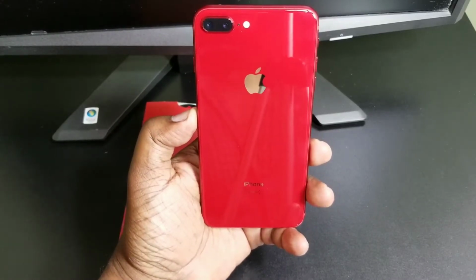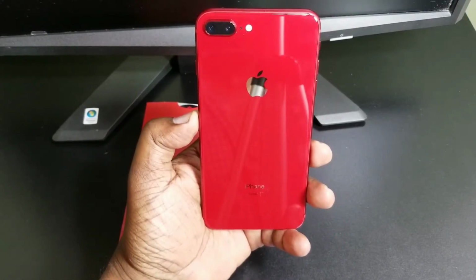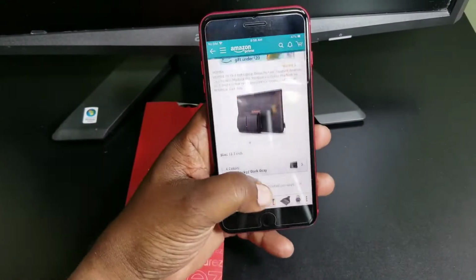Now I did think about putting a tempered glass on the back of it, but I was worried about it working with some of the cases that I have for it. So I ended up picking up